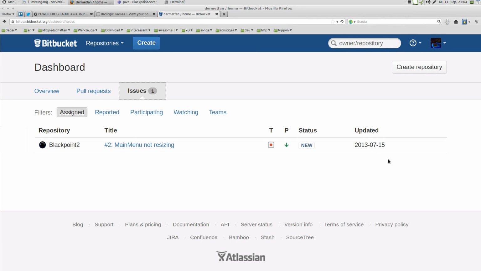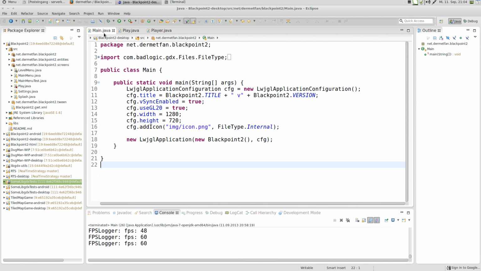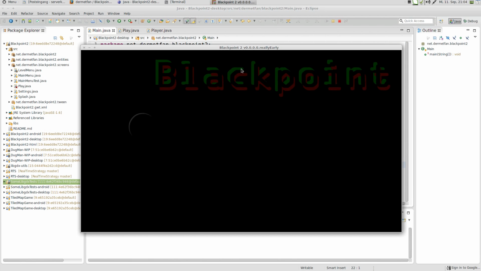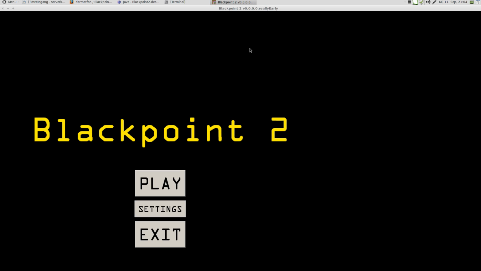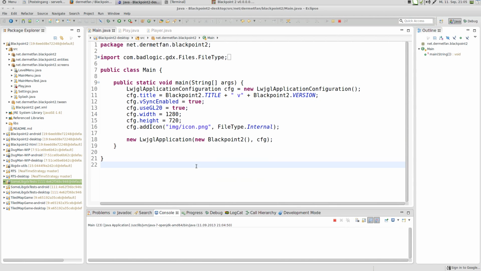And before I actually start the video, we just want to fix this one issue here that I created ages ago, 2013 7.15. So you'll see it's really old, and it's so simple to fix that I already wasted so much time talking about it. The main menu, I'll just show you. So we start up our nice little application here, and as soon as we get into the main menu and we resize the window, it's not resizing really. I mean, it's still displaying and stuff, but it's not resizing to the new window size, and that's just simply